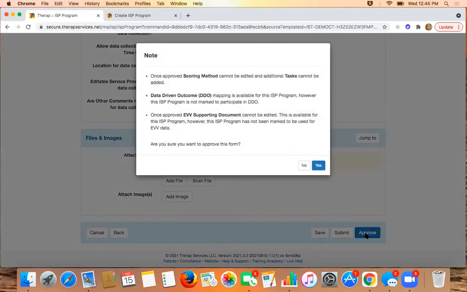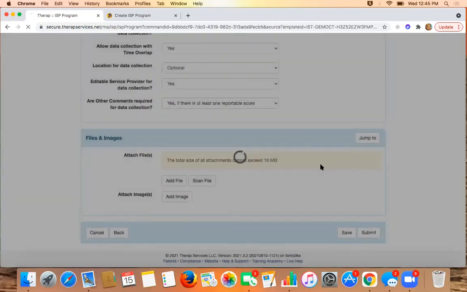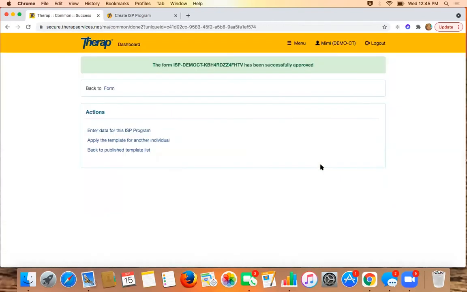It's going to give me an alert letting me know once this has been approved, certain items cannot be changed. If you are comfortable with that, then you would just go ahead and say yes. And now it has been successfully approved and linked to that individual. So now the next question is, Mimi, what happens once you approve it? Where does it go? Going back to my dashboard,